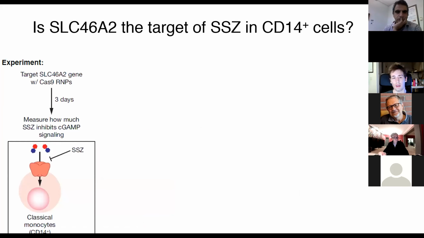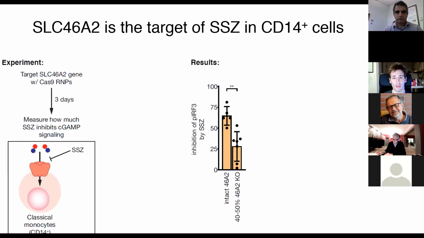However, there could be other targets of sulfasalazine in CD14 monocytes. And so to really try to nail that 46A2 was the target of sulfasalazine in CD14 monocytes and is the dominant import mechanism in these cells, I knocked out SLC46A2 with Cas9 RNPs and then measured how much SSE was able to inhibit cGAMP signaling in these cells. I wasn't able to get complete knockout in these primary cells, but I got multiple samples with a range from 40 to 50% 46A2 knockout. And in these samples, I saw that the ability of SSE to inhibit cGAMP signaling was decreased by roughly half, indicating that 46A2 is the target of sulfasalazine in CD14 cells, and that 46A2 is likely the cGAMP importer in